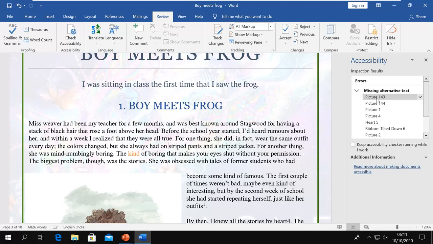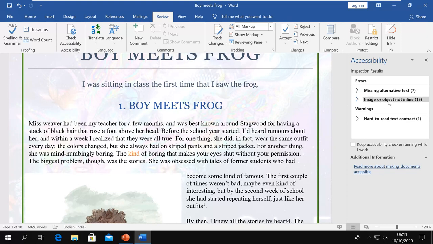When they come to this picture, the reading software will not detect that picture because it does not contain any alternative text. Alternative text will just inform about that picture, that this picture is about this. So when somebody who is not able to see properly uses reading software, and it comes to that picture, it will read that alternative text. So if you need, you can add it and it will fix the problem, and it will give you the information here also, like what should be done.